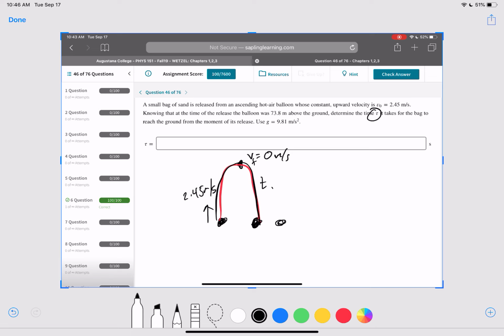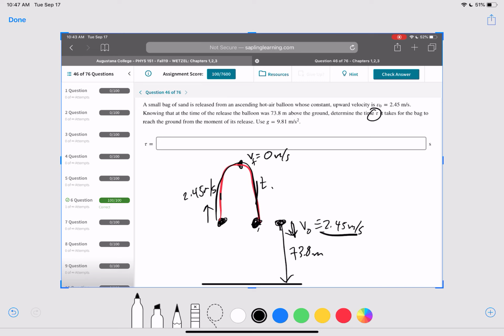Then the next part is we've got an initial velocity here of 2.45 meters per second, actually negative because it's moving down, and it's going to fall after it goes up and comes down. It's going to continue to fall until it hits the ground. How long is it going to take? Well, we've got 73.8 meters here. How long is anything going to take to fall 73.8 meters given that initial velocity here? Well, we can say that